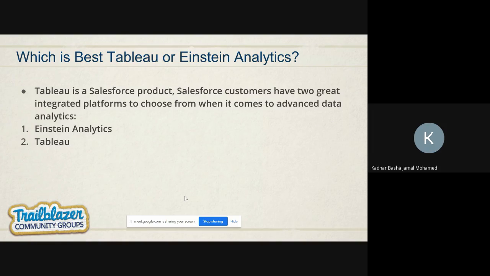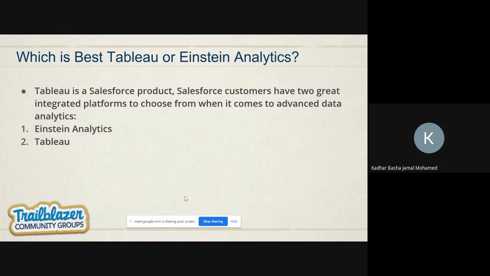You guys know about those things, like the storage limit and the permission-based restrictions. We experience those things in the Salesforce org, but Tableau is not like that. We don't have any restrictions there. We can create whatever we want and visualize the data according to our requirement.